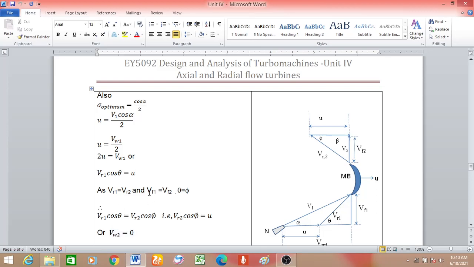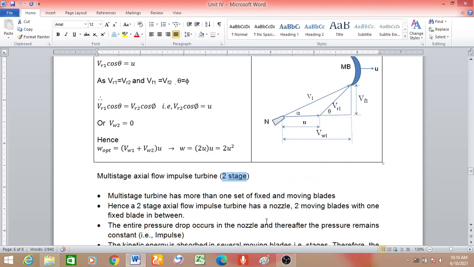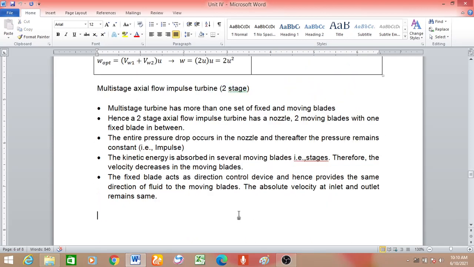Okay, so I will be moving to the multi-stage axial flow impulse turbine. So you can see here, we are going to now discuss the multi-stage axial flow impulse turbine. I am going to consider two stages. So already we have discussed what is a stage. Okay, so a stage